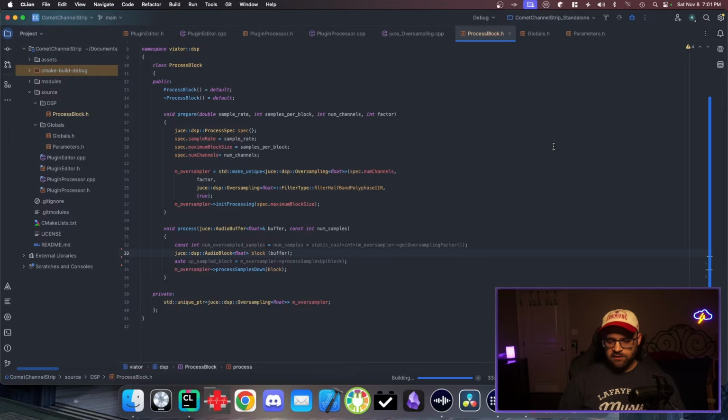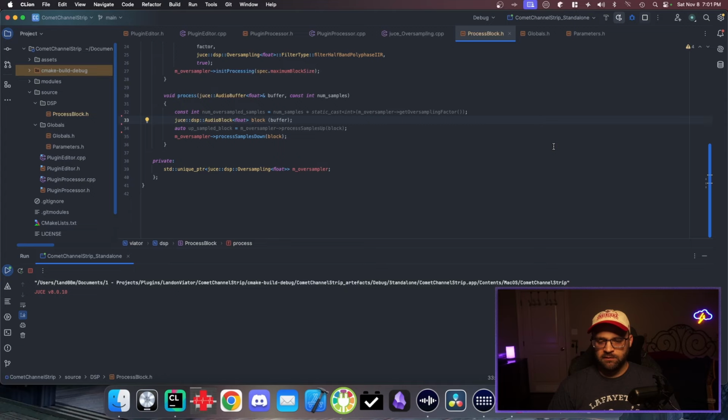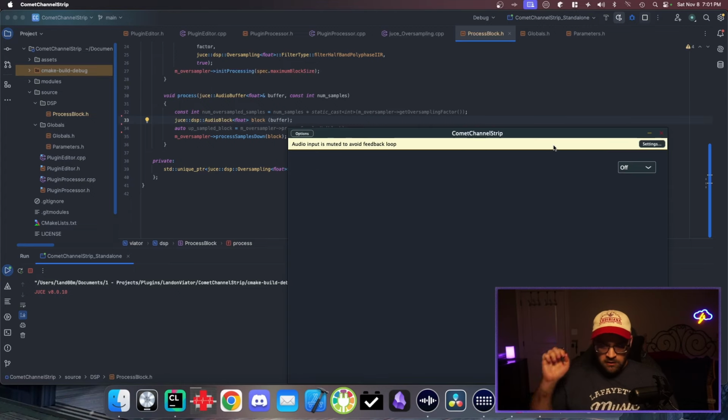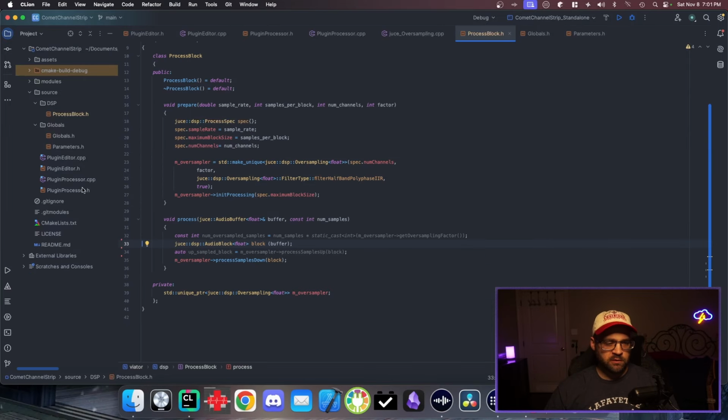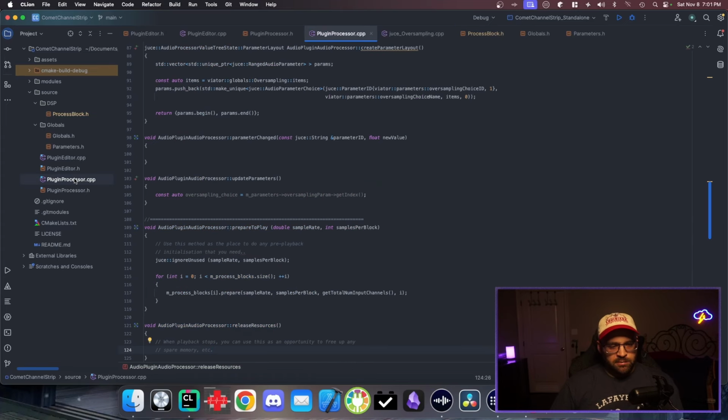I implemented the oversampling logic, and I also showed you how to manage audio parameters with tree state, with a new updated method to actually use them. Okay, cool. Here's our app. Awesome. Looks amazing. So if we're going to start with DSP and do some distortion, let's go to the plugin